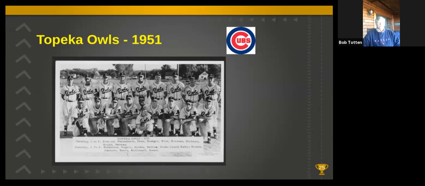Drake's recollection of his time in Topeka probably has faded a little bit over the years, because in a newspaper column written just after he left the team in August of '51, Topeka sports writer Dick Snyder quoted Drake as saying, "This league is full of handicaps for me, and you know what I mean by that. But the important thing is that I'm playing baseball." And he did tell me that it's all he wanted to do was to play baseball.